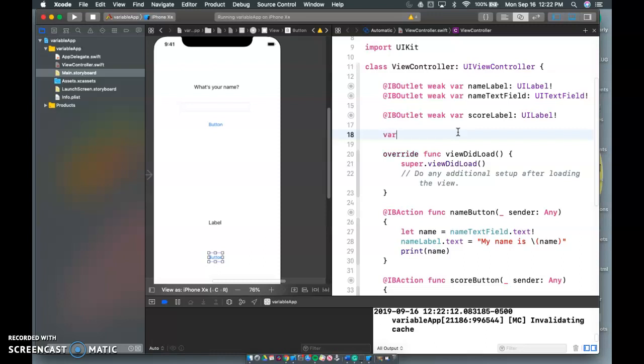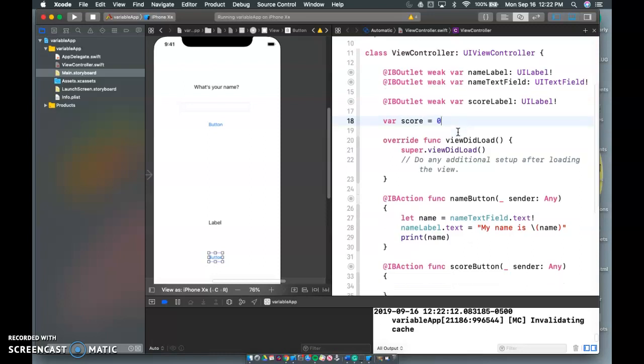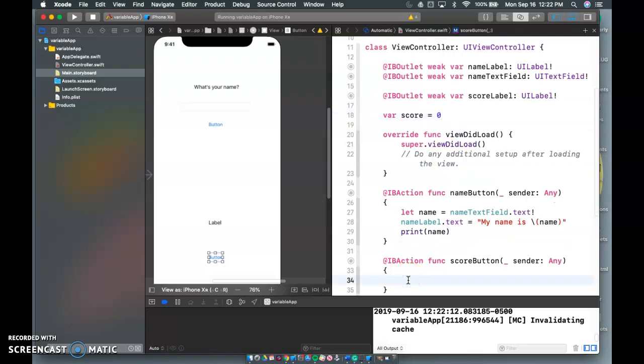Unless I'm playing Fortnite or something, my score usually stays at 0. So var score equals 0. Okay, so in my button, I'm going to write score plus equals 1, every time I hit the button. Okay, so if I go print score and run this,